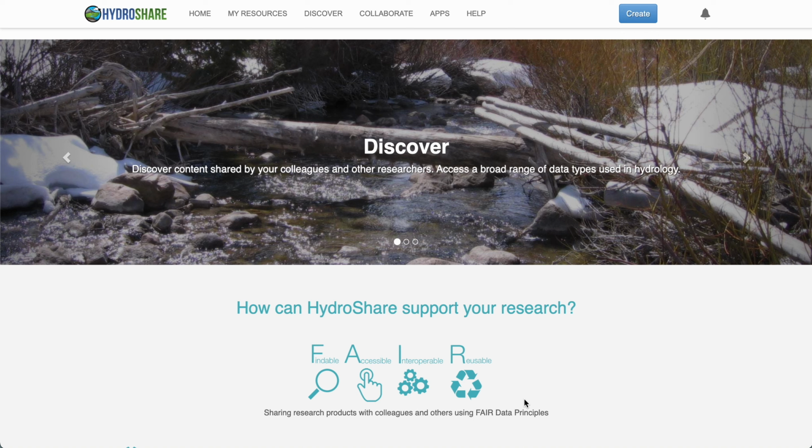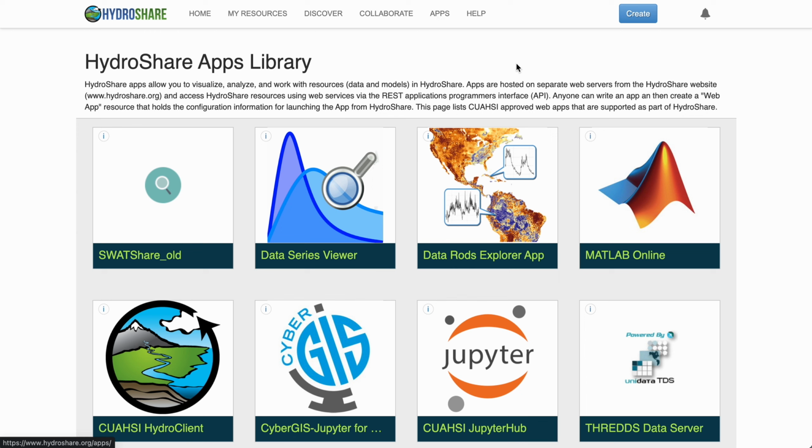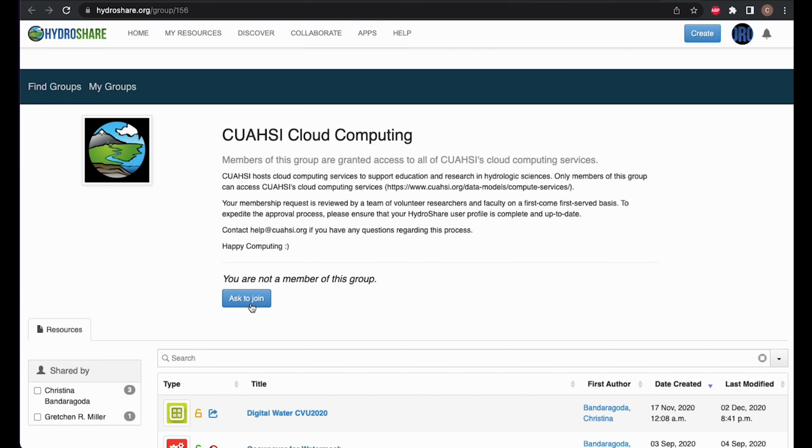There are several ways to access MATLAB Online. The first is through the Apps page. When you select Apps, it will open the Approved Apps page. Select MATLAB Online. If you're opening a CUAHSI computing app for the first time, you will be directed to join